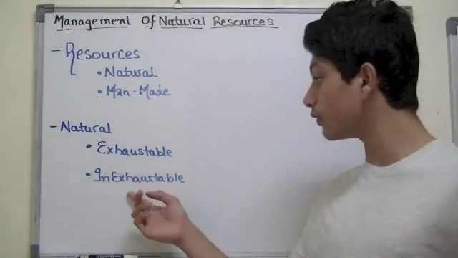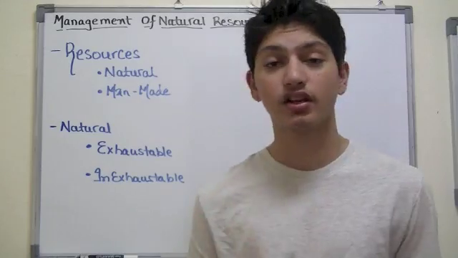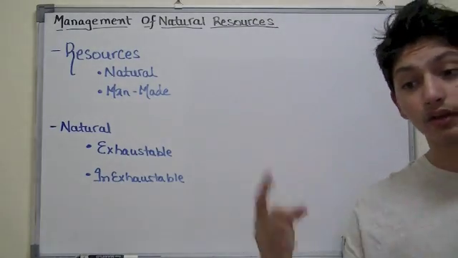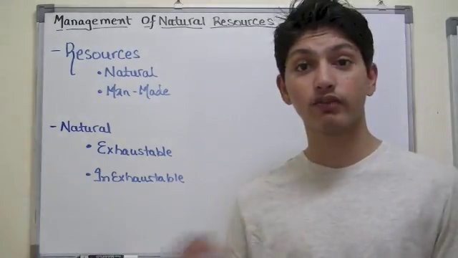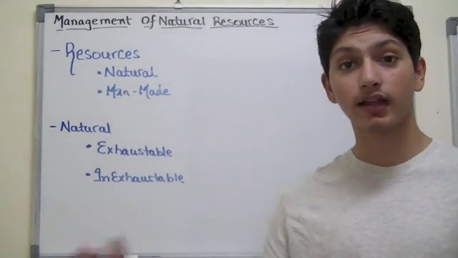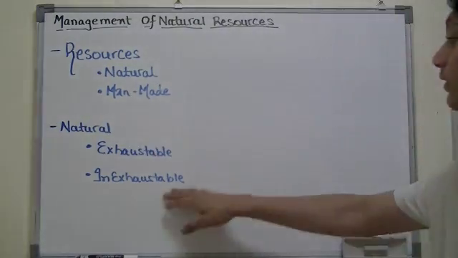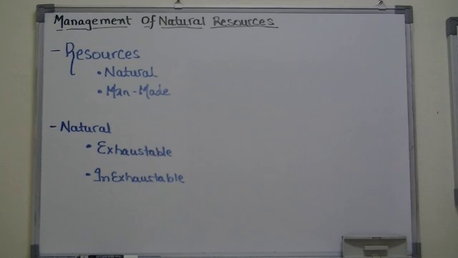Okay, so if you keep using something such as air, it just doesn't get over, because it's a cycle. Plants give us oxygen, we give them carbon dioxide, they give us oxygen back, and things along those lines. So it does not get over. Okay, now